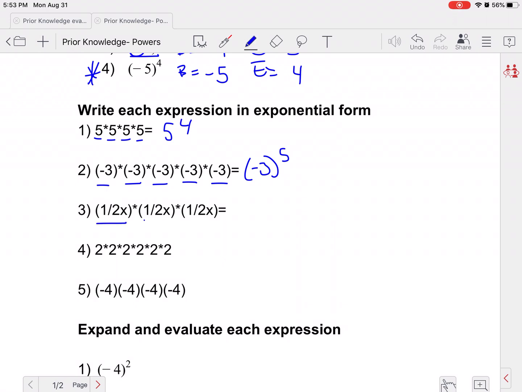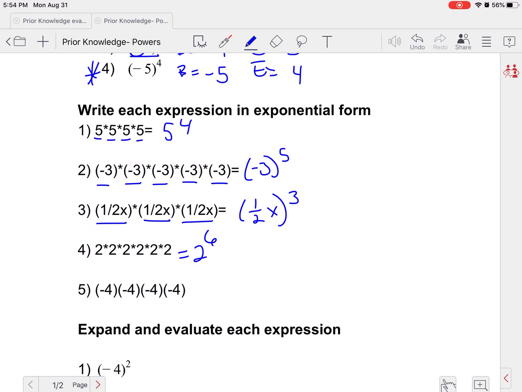Same thing with 1/2 x, 1/2 x, 1/2 x. That is being repeated 3 times completely, so we want the 1/2 x to end up in parentheses. If it doesn't end up in parentheses, that's going to mean something different. Again, because we see the 1/2 3 times and the x 3 times, we want to make sure the 1/2 x is all being raised to the 3rd. And then the next one, 2 times 2 times 2 times 2 times 2 times 2. It looks like we have 2 to the 6th